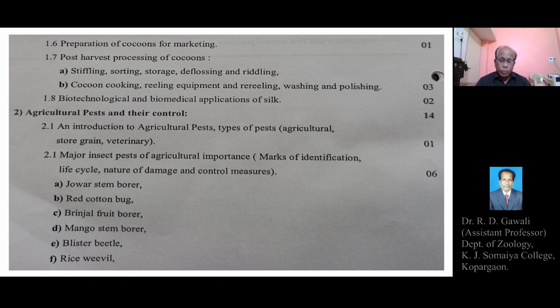There are different ways of feeding of these pest organisms onto the crops and causing loss or damage of the crops. So this chapter includes the study of these pests and their control. There are different types of pests: insect pest, non-insect pest, or vertebrate and invertebrate pest, which are attacking a variety of crops which are cultivated in the field or in agriculture.